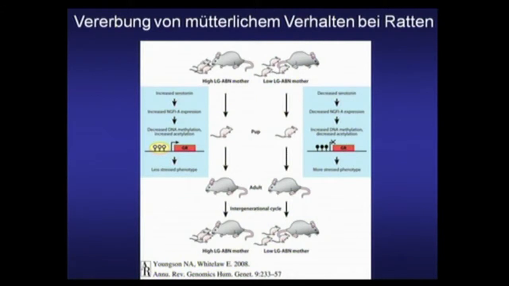The rat on the left is a good mother caring for her children, licking them, stroking them, being nice to them. This can be measured in quantitative terms, but there are other rat mothers who don't care for their offspring,